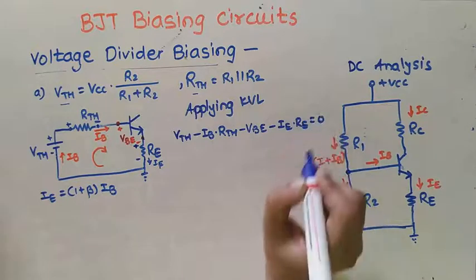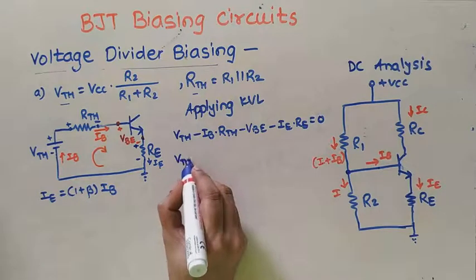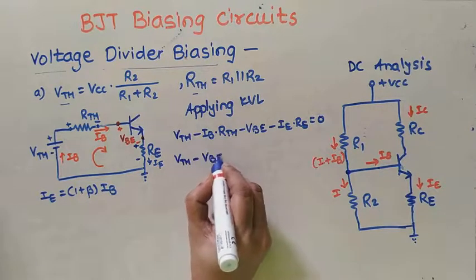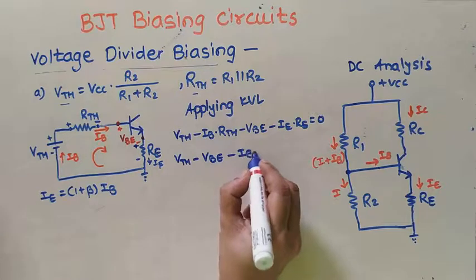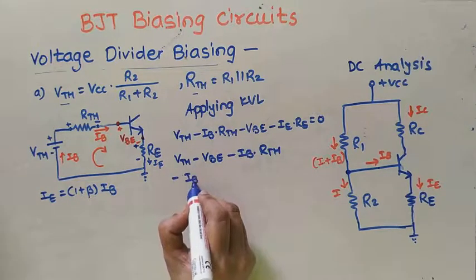IE into RE is equal to 0. Now putting this in this equation, we have VTH minus VBE minus IB into RTH minus IB into 1 plus beta